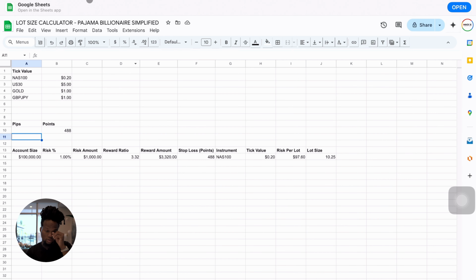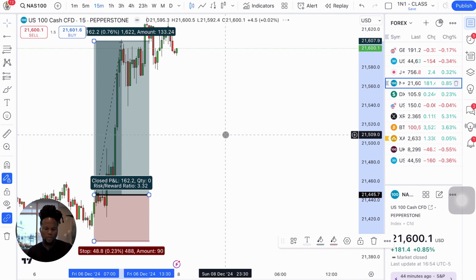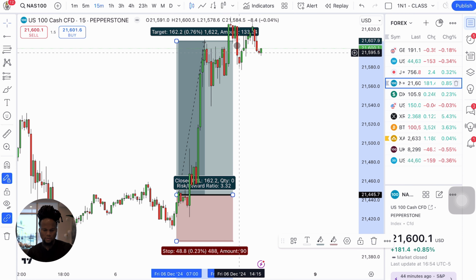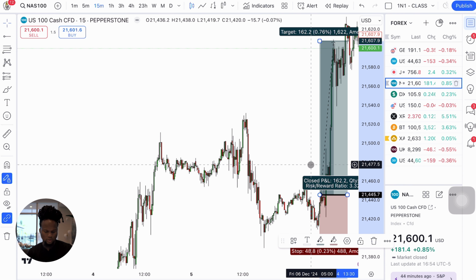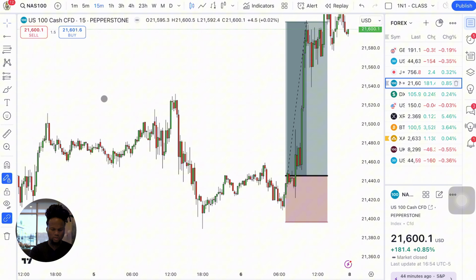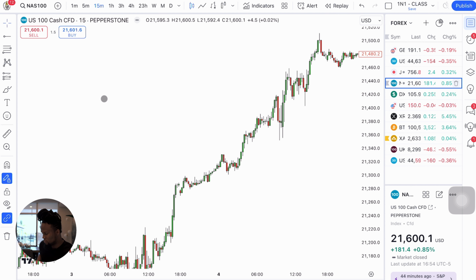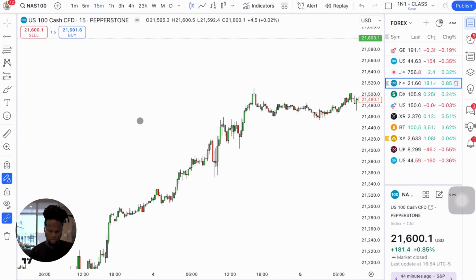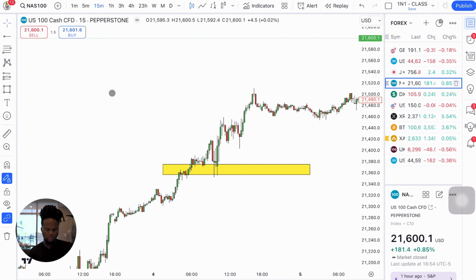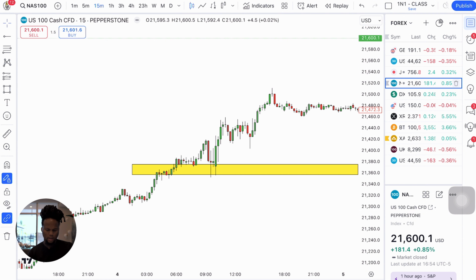Right? So what this allows you to do now. Let me just do some more examples, right? So stop loss below, entry here, and this is it for NAS 100. Let me do one more example for NAS 100 also. Example here, market there, and if I put a buy opportunity right here,